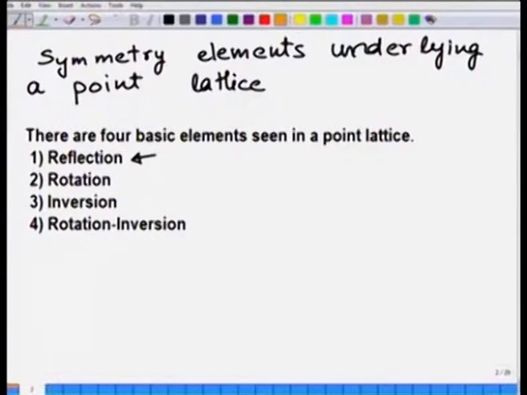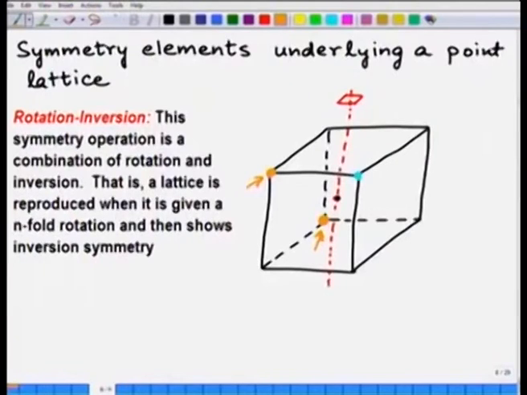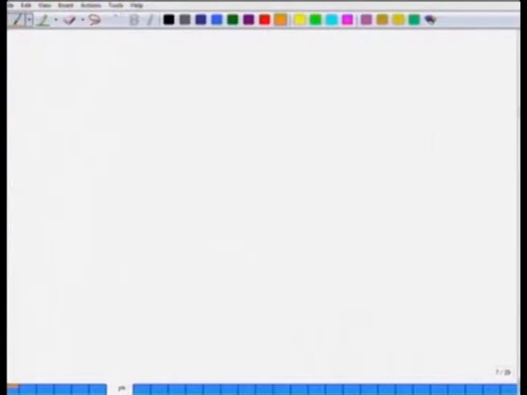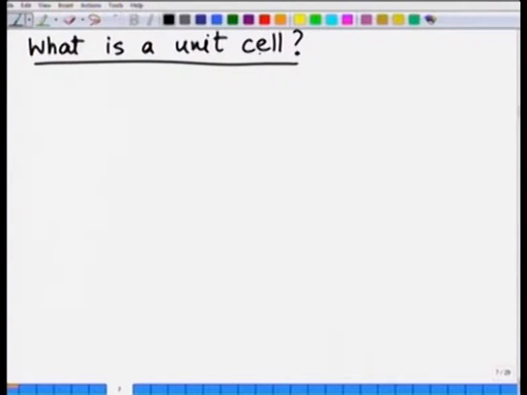With these symmetry elements, now let me define one more thing. The next question is, what is a unit cell? So, now we know that a point lattice is a periodic lattice with underlying symmetry elements. Based on the periodicity of the lattice, if you choose 3 non-collinear vectors,